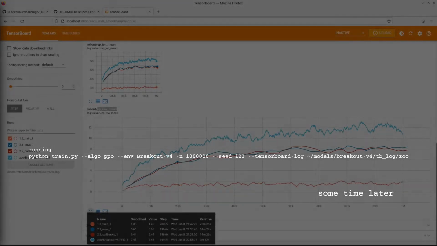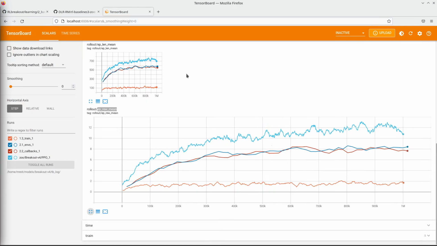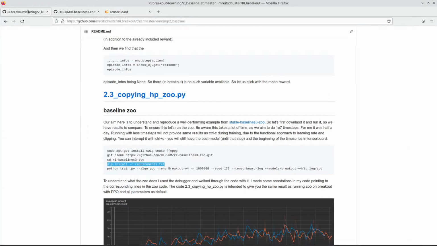The light blue line are the results from the zoo code, and you see it outperforms our previous models by a bit. In order to really understand what's happening in that code, the way I tackled it is taking the command line